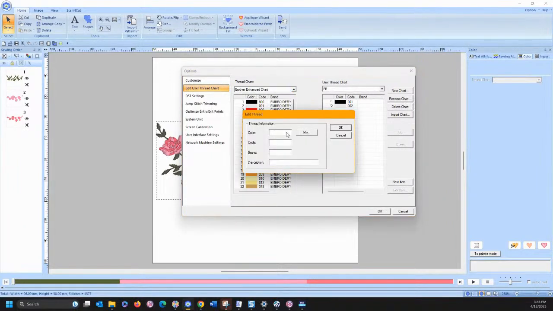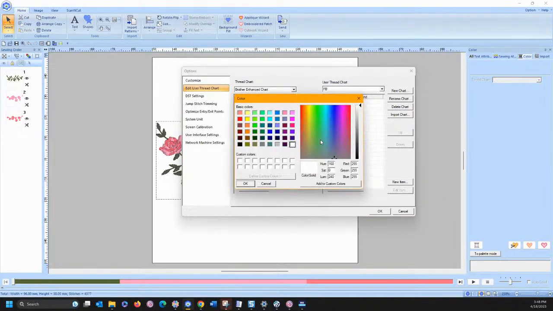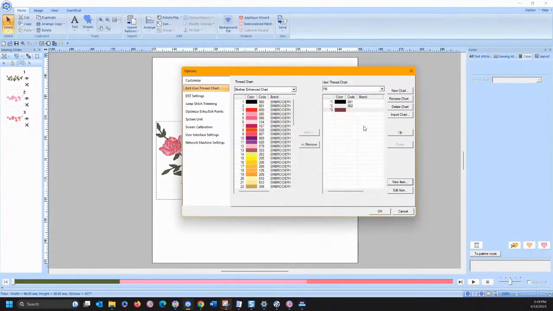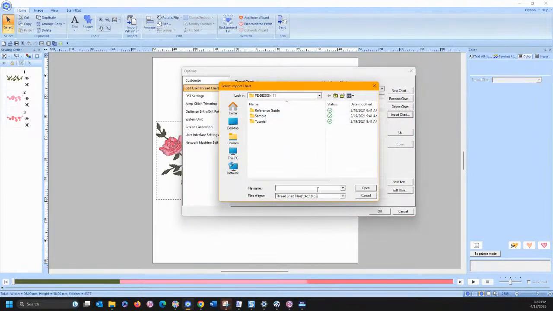choose a new item. So you can come in and mix your own color. If you're not sure exactly what color it is, you can come in here and mix it. If you know the RGB values, you can input those right there. So let's say we know it's 120, 50, and 75. I have no idea what color we're going to get, but that's a wine color. So if we click on it, we say add custom color, click it and name it whatever code it is, click OK, it's there. If you can get a CSV file, you can import the chart from